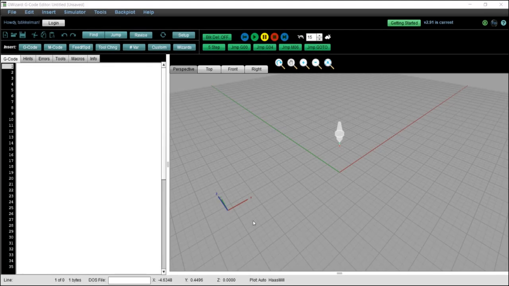Alright, in this session we're going to talk about GWizard Editor. This is an editor that we're going to download onto our laptop or computer. I don't think it works on your phone or your tablet. I actually have never tried that. But what's nice about this editor is as you are entering code,